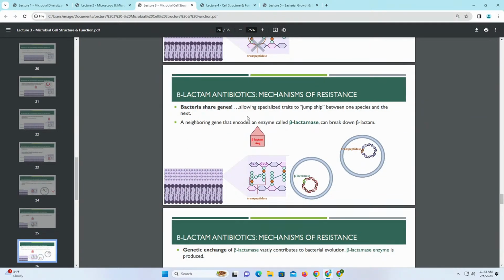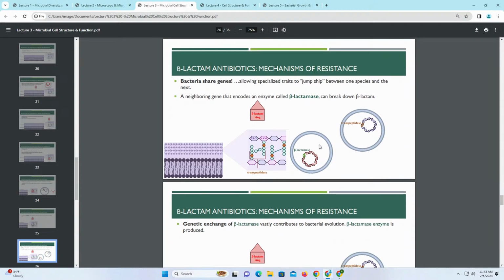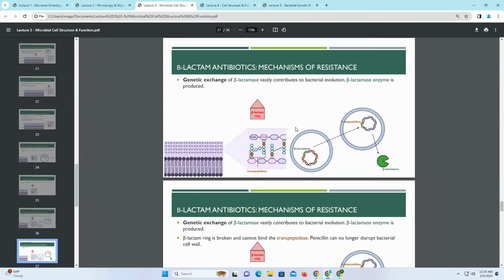Another way is that there's a lot of genetic material shared among bacteria, since they all exist in the same environments. This trait allows certain genes to jump ship from one species to the next. So there are a lot of genes encoded in other bacteria, like this beta-lactamase enzyme. Basically, it's an enzyme that breaks down beta-lactam. So this can then be shared by